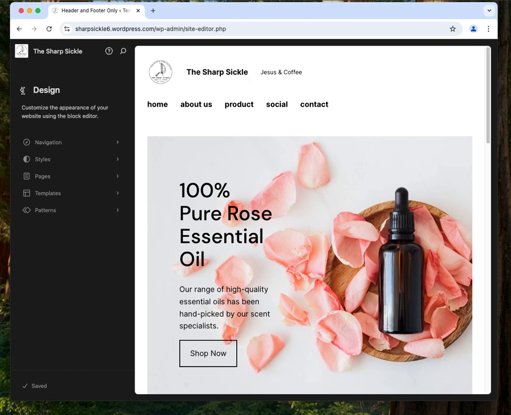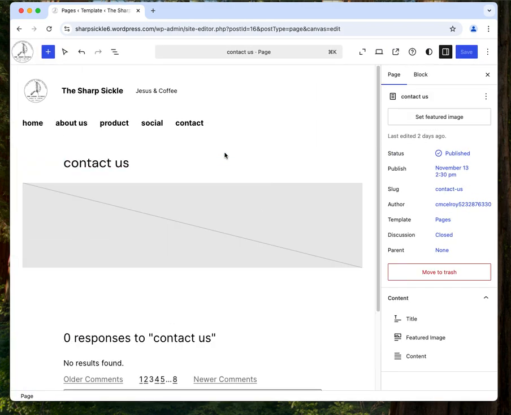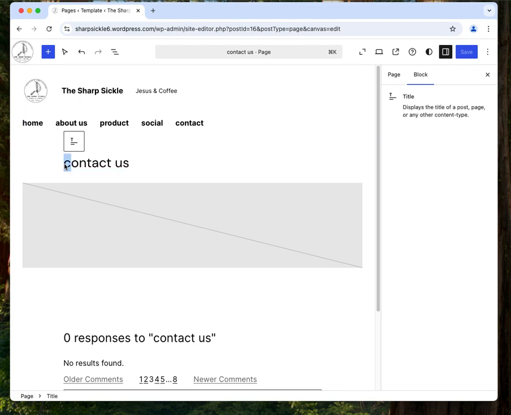All right, so let's go into our Pages tab and let's go to Contact Us. And let's click the little edit button. Now, we need to add our email in our Contact Us, and we need to add a contact form. Now, the Contact Us is built on the index wireframe, which means there is an image in the top of our Contact Us page. I'm going to leave that for right now as a placeholder. We do need to put a picture in there, but I want to